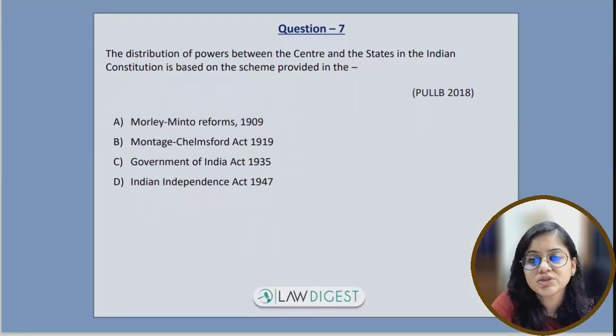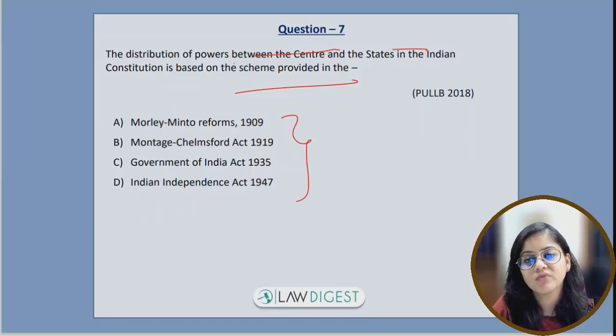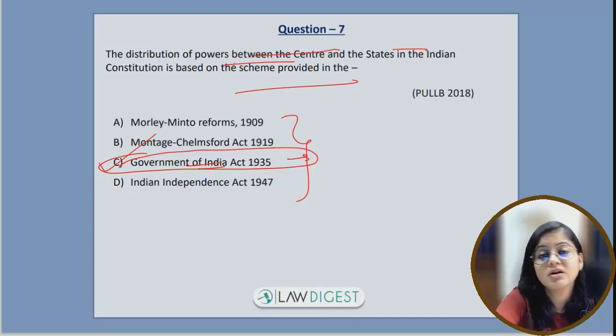Next question is, the distribution of powers between center and state is based on the scheme of which of the following laws. So ये जो provision है of distribution of powers ये दिया है under Government of India Act 1935. Therefore option C is the correct answer here. ये बात करता है फेडरल और ये provisions की कि किस तरह से सेंटर और स्टेट में पावर्स का डिविजन